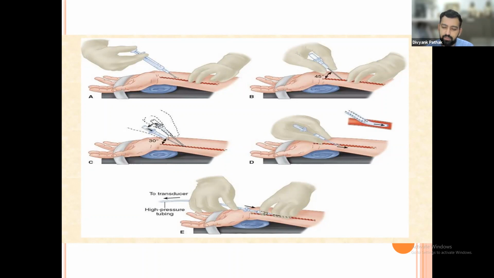As the blood comes in your cannula, as we do in venous cannulation, we pull out the stylet slightly and slowly insert the catheter inside the artery, and after inserting, we pull out the stylet totally, and the arterial line is inserted. It's mostly as simple as a venous cannulation. Just the technique, the initial prick, is important.